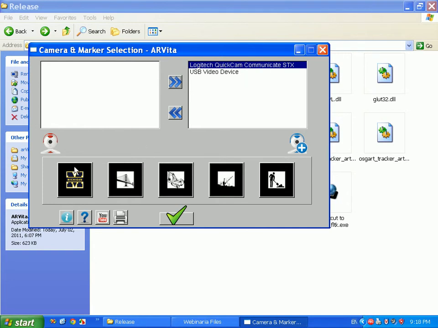Let's select a marker. ARVita comes with 5 pre-installed fiducial markers. UN marker is the default one. And if you don't like any one of these markers, you can create your own. It's very easy. Use the link at the bottom to create a marker, and then trim it. Also use the link at the bottom. You get a pattern file after that. You save that pattern file named as